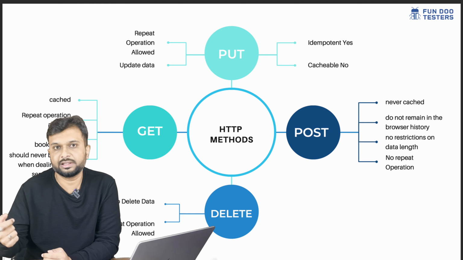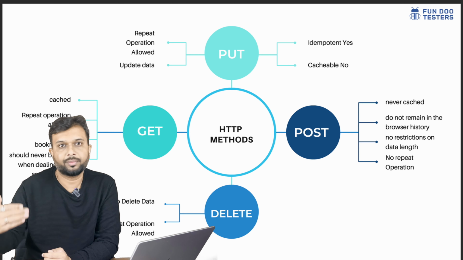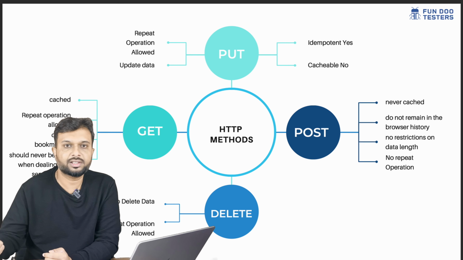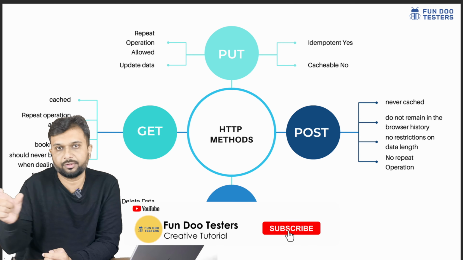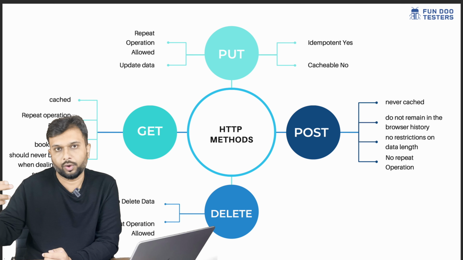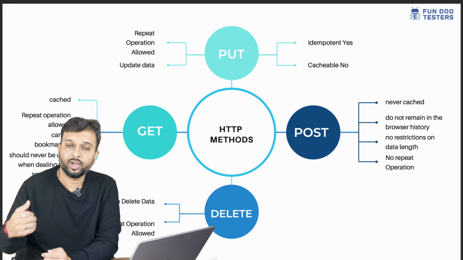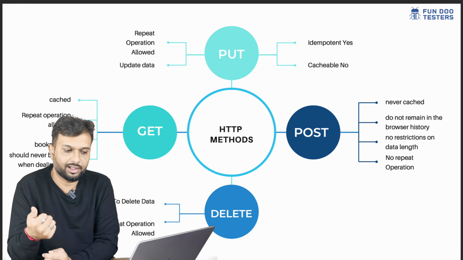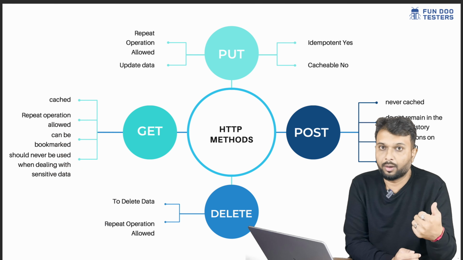So I have created my Instagram profile and I have kept the name Nishant and last name Gohel. Again, I am triggering the request multiple times. The name will be common, Nishant and Gohel. It will be the same. So every time it will override the data. If I'm updating something, let's say I'm removing Gohel and updating to Fundu tester, it will be Nishant Fundu tester. It will override the data. So the second time I hit it, it will remain the same. It has overridden the existing data. So criticality: idempotent yes, and cacheable no. Similar to the post request, we cannot cache the put request.